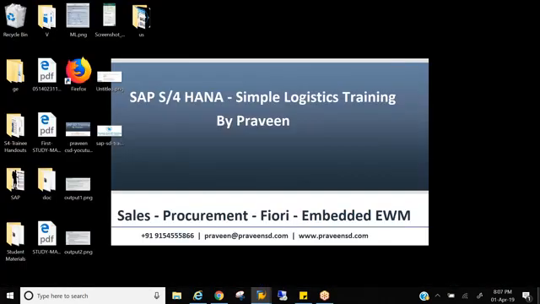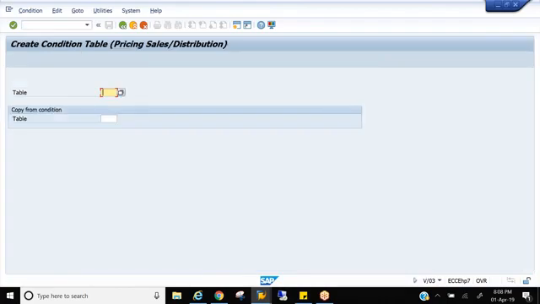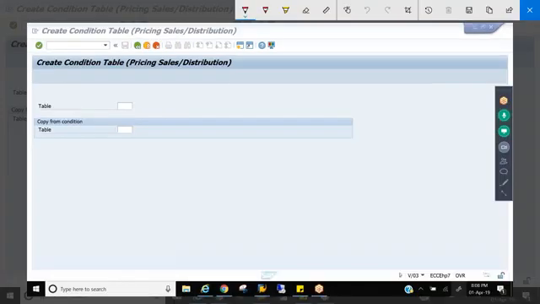So let us go through the T code, that is V/03, condition table. In this condition table field, you already have some tables. SAP has already provided some standard tables, like customer and material. If you want to create your own table for your client's business, the table number should be 501 to 999.